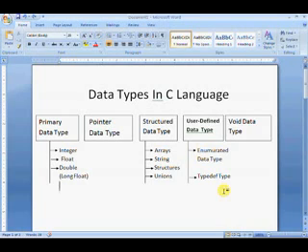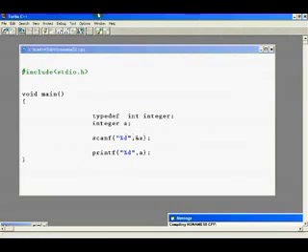This feature, typedef data types, allows the user to define new data types that are equivalent to the existing data types. Once the user-defined data type is established, new variables can be declared in terms of the new data types. I am going to discuss that with the help of examples so that you can understand properly.